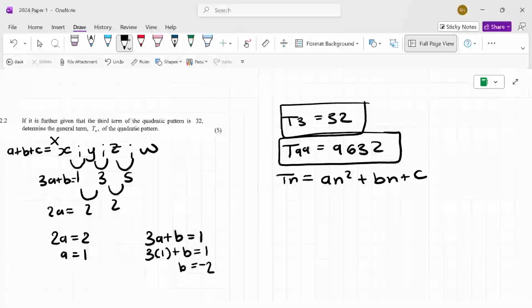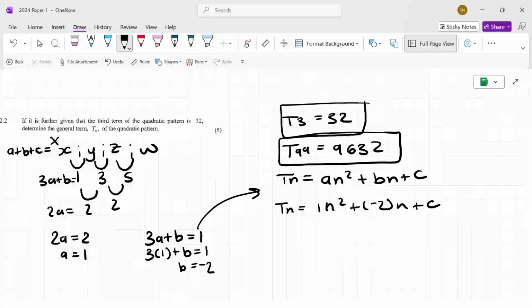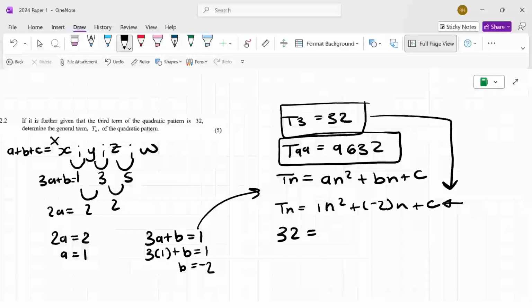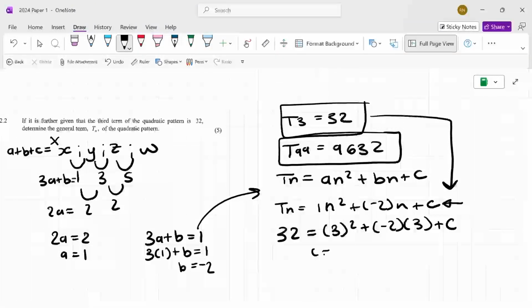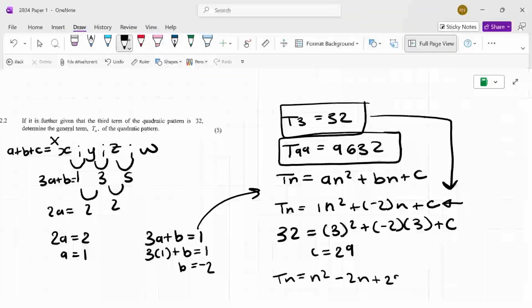And then now we can substitute into our Tn formula. So at the moment, we have Tn is equal to 1 n squared plus minus 2n plus c. We're missing our c, so we are going to substitute in the information that we've been given. We know that when n equals 3, Tn is equal to 32. So 32 is equal to 3 squared plus minus 2 times 3 plus c. And this again should give you a c of 29. Okay. And so now we have Tn is equal to n squared minus 2n plus 29,